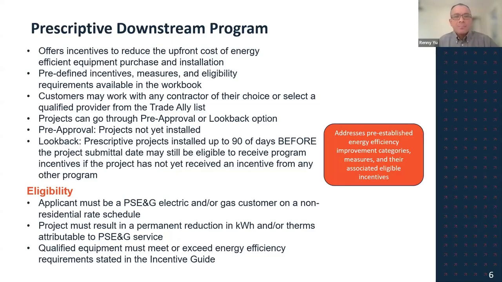Okay, let's get into the Prescriptive program. This is our most broad program covering all commercial customers located within the PSE&G service territory. The program offers incentives to reduce the upfront costs for installing pre-qualified energy efficiency equipment. Available in the Prescriptive workbook is a comprehensive incentive guide which shows qualified measures. Customers may work with any contractors of their choice or select a qualified provider from the Find a Trade Ally list, which is located on the